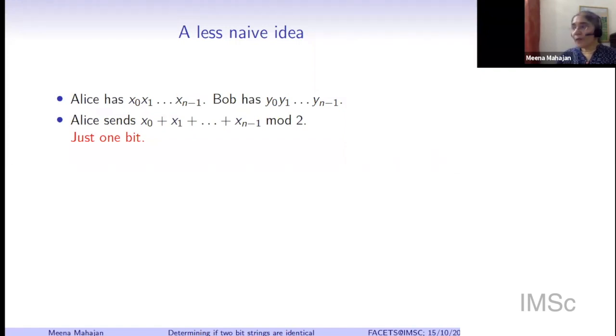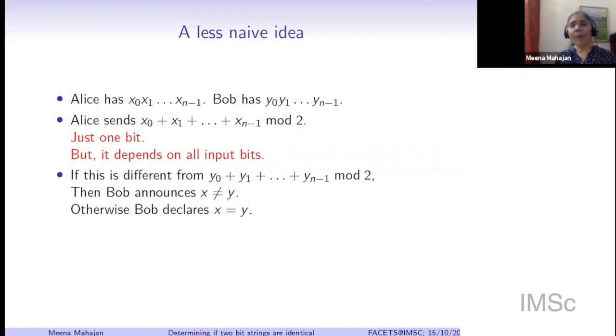But it overcomes one problem that was there in the previous naive protocol, which is that this 1 bit depends on every input bit. If you change even one input bit, this value will change. The moment you flip a 0 to a 1 or a 1 to a 0 in any of these, the odd-even nature will change. So it depends on all the input bits. That was one bottleneck earlier.